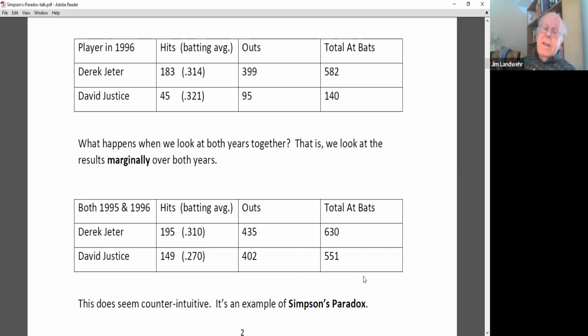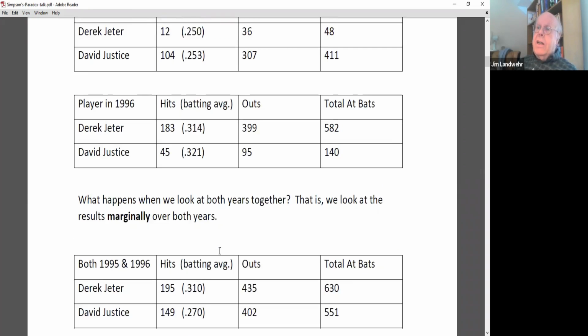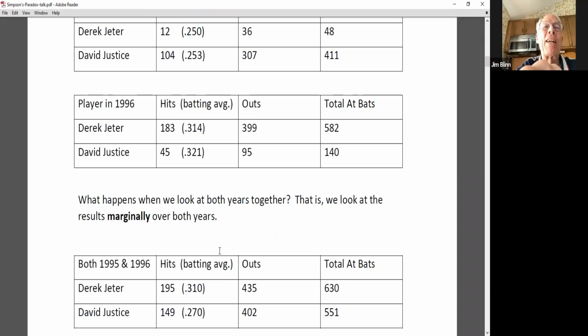First, you see that there are really just these three tables that have all the data that we're talking about here. Jim Blinn, I could see you have raised your hand. Yeah, it looks like we have a situation about sample size, because you've got so many fewer at bats by Jeter in 1 year and Justice in the next. It turned out that when you did the combination, you got the results the way you did.